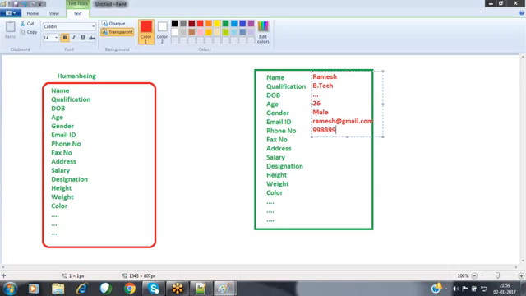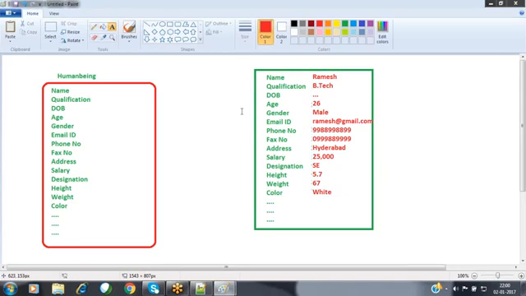Phone number, some value. Fax number, some value. Address, Hyderabad. Salary, 25,000. Designation, software engineer. Height, 5.7. Weight, 67 kgs. Color, white. Like that, this particular Ramesh has his properties.